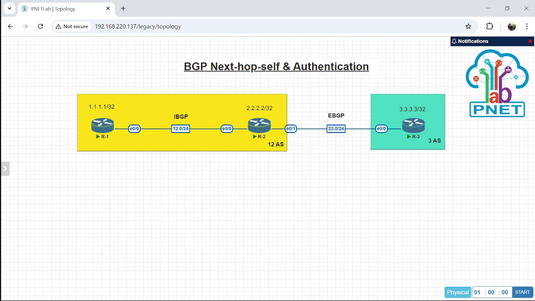Same for router 3: enable, config, no router BGP 3. So we can check with show run section BGP, and it is already removed. Same on the other router.